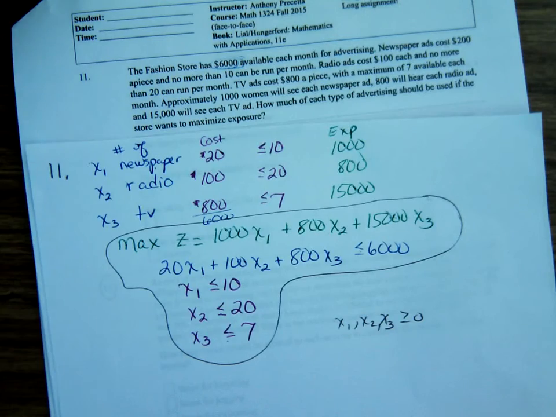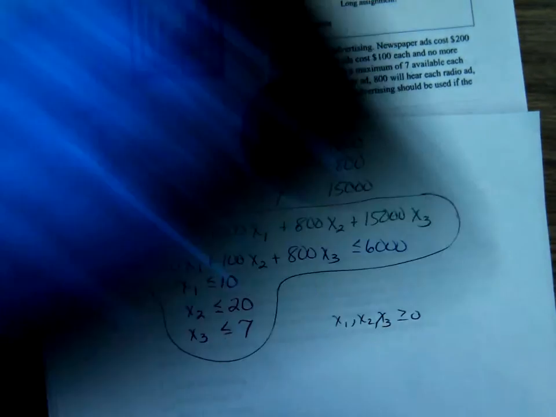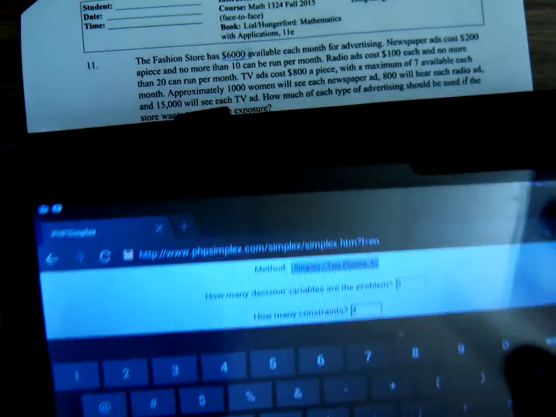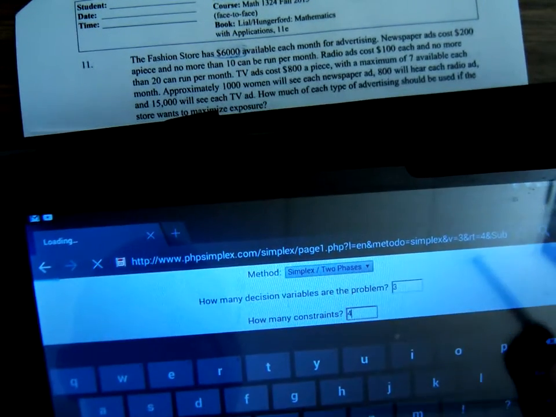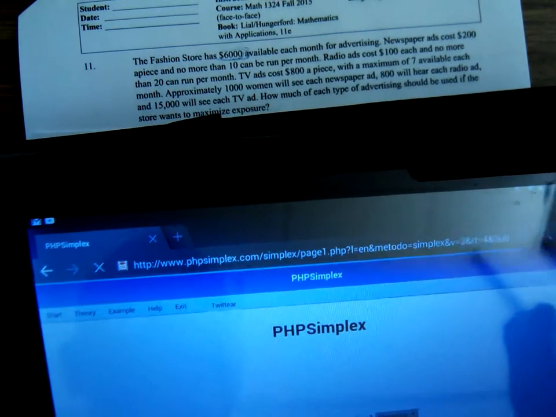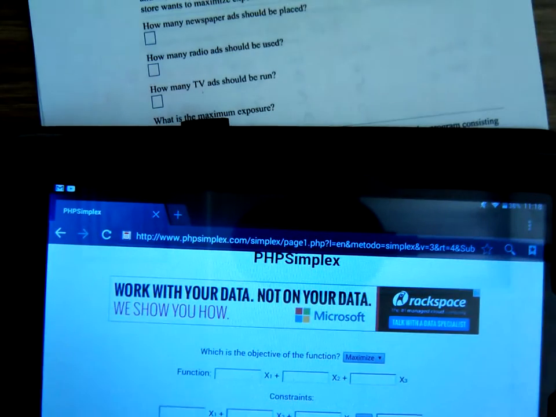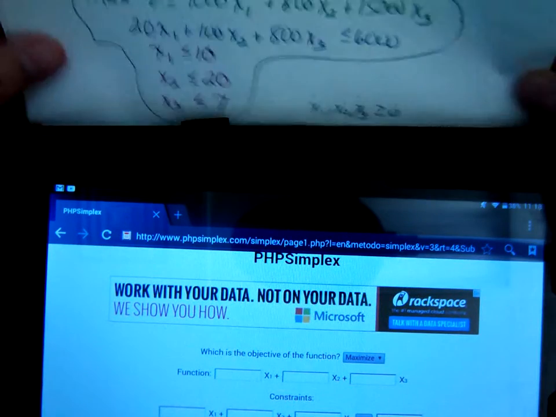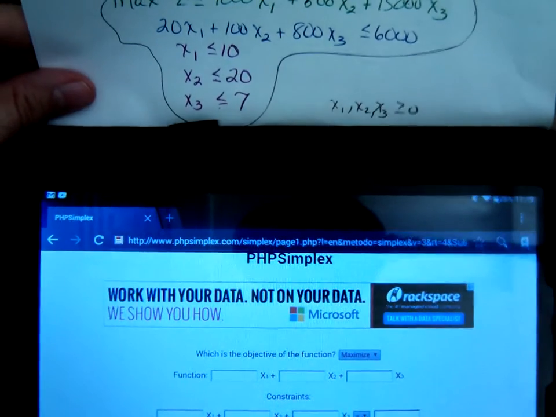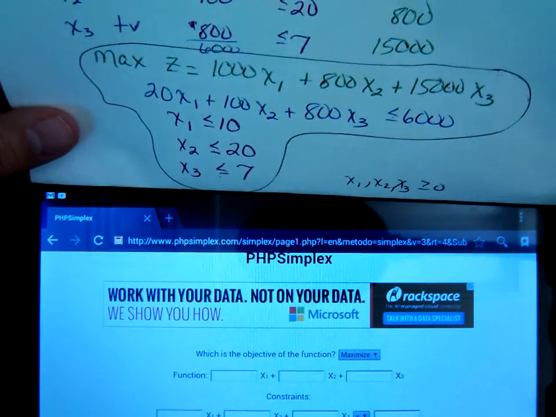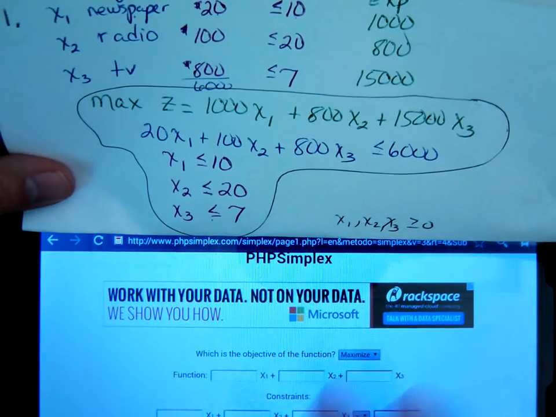Oh, this is a good one. There's so many constraints. 4. Okay. So, and it's going to set it up. Was this a maximize? Yes. So here's the thing I'm punching in right now using PHPSimplex. I'm going to maximize